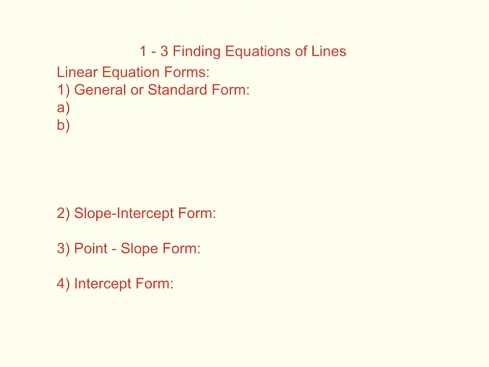The first form we've talked about already. You may remember this from section 1. It's called general or standard form. It looks like this: Ax plus By is equal to C. That's like the mother of all forms for the equation of a line. Now, there's a few conditions that you need to be aware of here with standard form. Condition 1 is A, B, and C must all be